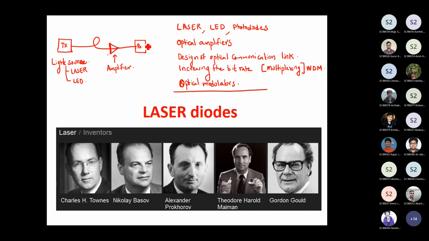At the receiver side, the signals will have to be converted back to the electrical domain, for which you need a receiver which is actually made of a photodiode. So here you are going to have a photodiode. And you have a light source, and if you want to modulate the signal, then you must have a modulator as well. So just after the transmitter or the light source, you'll also have another device. Let's call this the modulator.